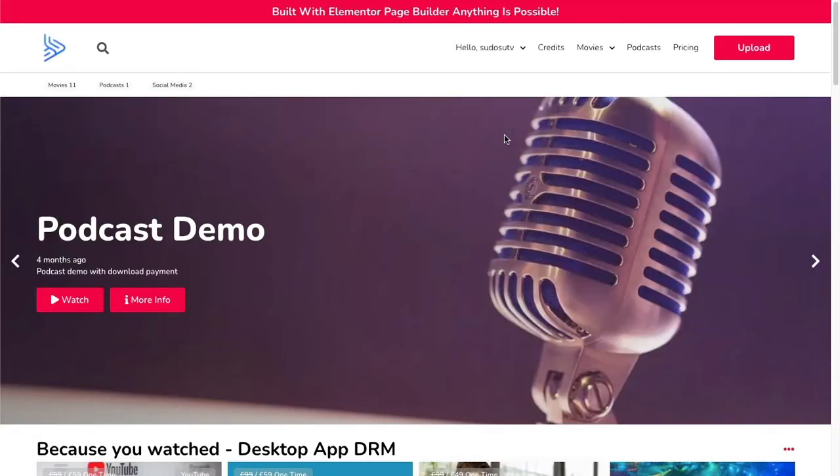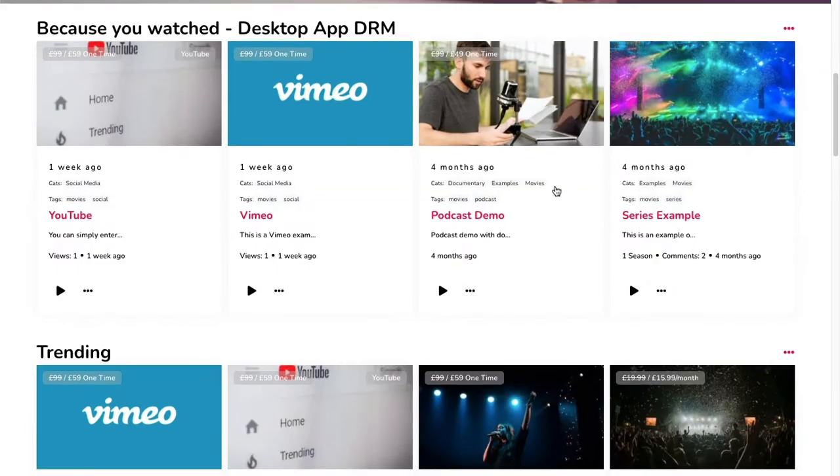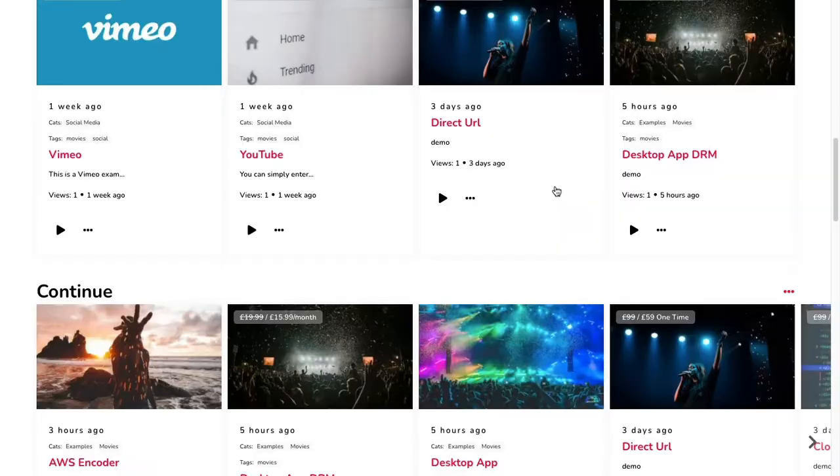So in this tutorial we're going to start to talk about templating. We're going to show you how you can completely change the theme to anything that you want. Anything you can think of, you can change the theme to, okay? So here's the theme homepage we've got here, and I think to start off with we'll just touch on the